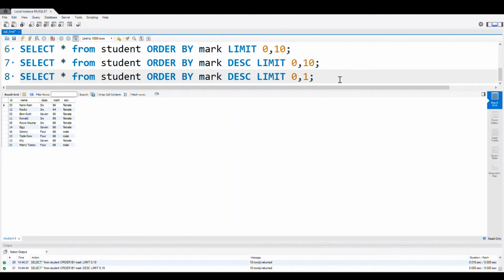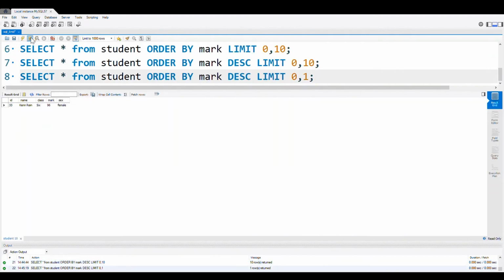Now this will give us the record of the student who got the highest. This is the record number 33, highest mark is 96. Now let us use this one again, and this time we will see who got the second highest. We will make the starting position 1. So using this command we will get, yes, record number 12, mark is 94, this is the second highest.